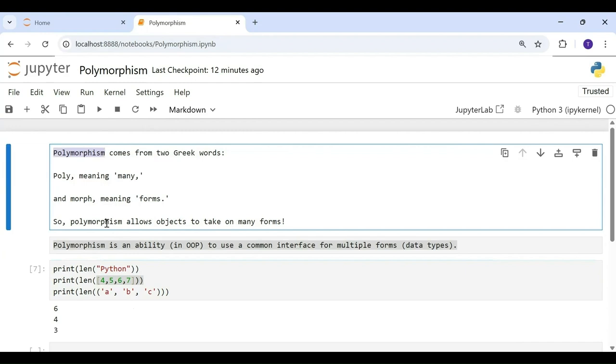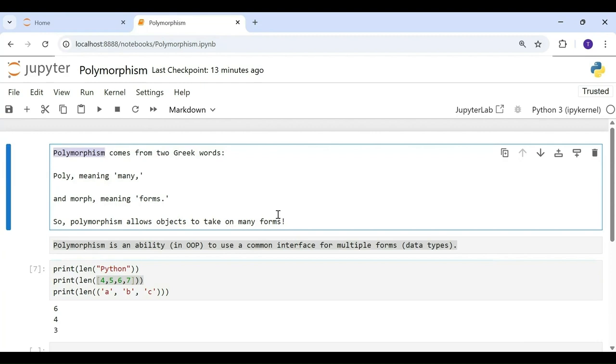So let's take a simple real world example. Imagine you need to color a shape. There are multiple shape options, like you might want to color a rectangle, square, or circle. Now, you can create separate methods for each shape. Whenever you want to color a rectangle, you call the method for coloring the rectangle. Whenever you want to color a circle, you call a method to color the circle, maybe called color circle.